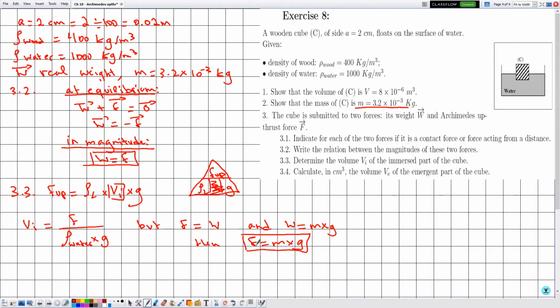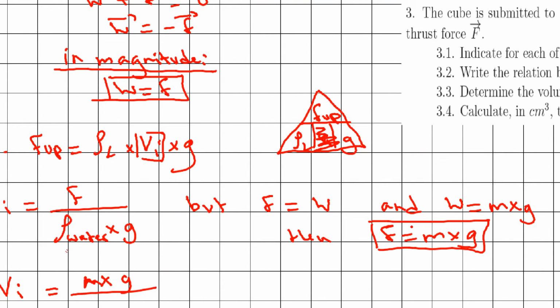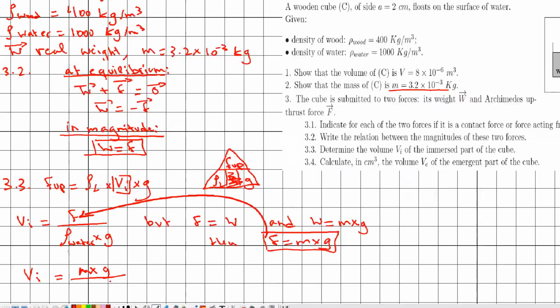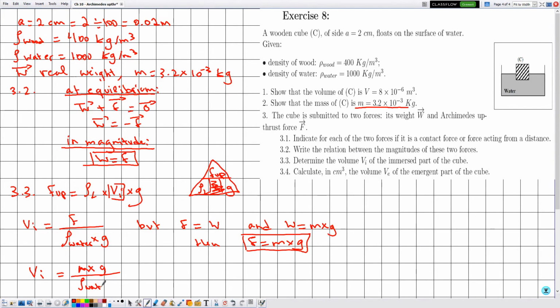Now replacing the value of F in Vi, let's rewrite Vi in terms of F, replacing F by M multiplied by G. So what I have done here is I have replaced this value in this expression, and it is the density of water multiplied by G. Now simplifying G in the numerator and in the denominator, Vi will be given by the mass of the cube divided by the density of water, and for this reason